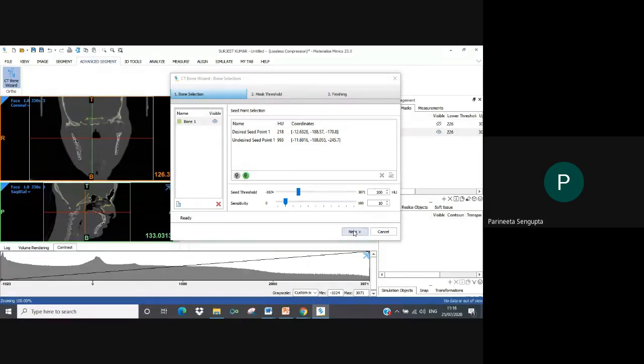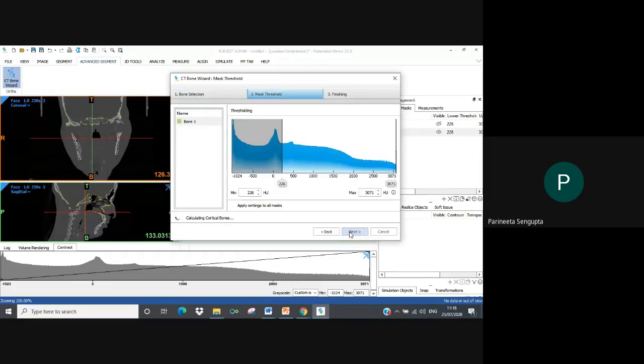Again, you can change the seed threshold, you can change the sensitivity as per your requirement. I'll select next. So this threshold, the minimum and maximum value that you see, is selected by the software itself as per the preset values that it already has defined for itself.